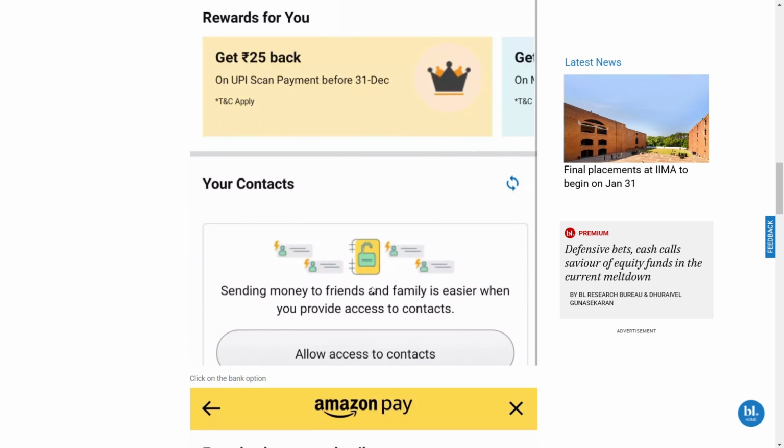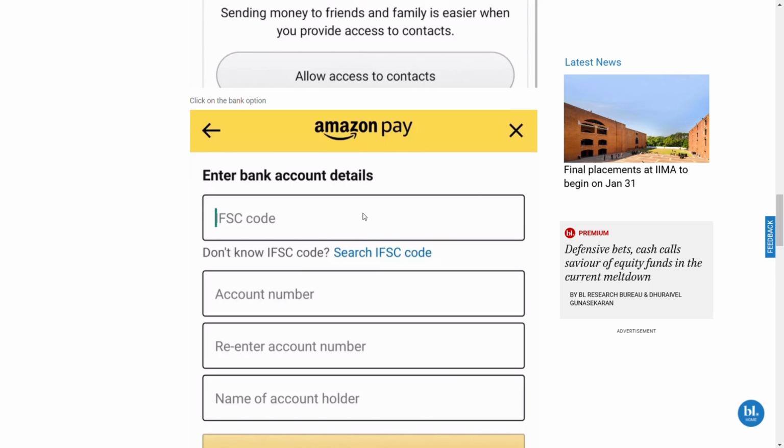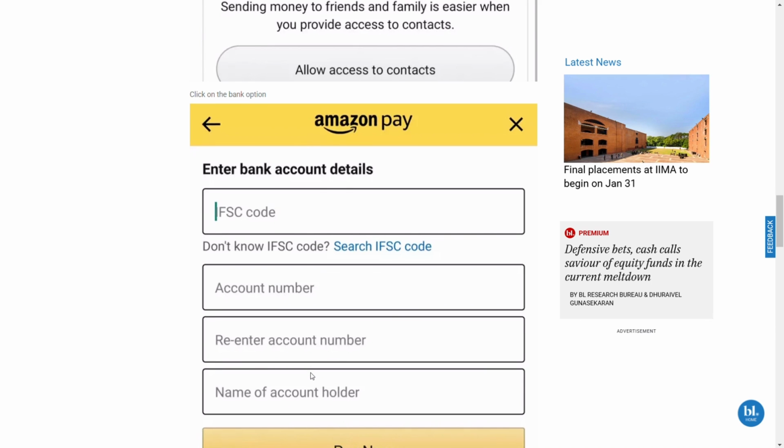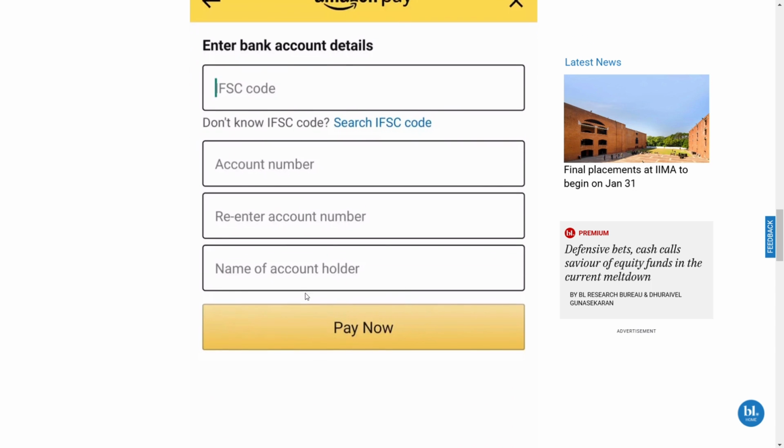And after you've done that, you will enter your bank account details. This could vary according to the country where you live in. You can enter your account number. You will re-enter your account number again. You will enter the name of your account holder. You can enter all of your bank account details, which it basically tells you to enter. And once you've entered the bank account details that it tells you to enter,